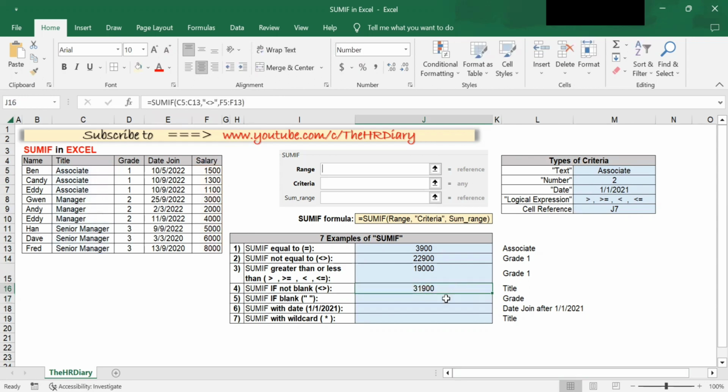And when you hit enter, you get this value, 31900. So this formula tells you to sum if your range is not blank. My range is in column C here. None of it is blank. All right. None of it is blank. So it sums the entire range, and the salary is